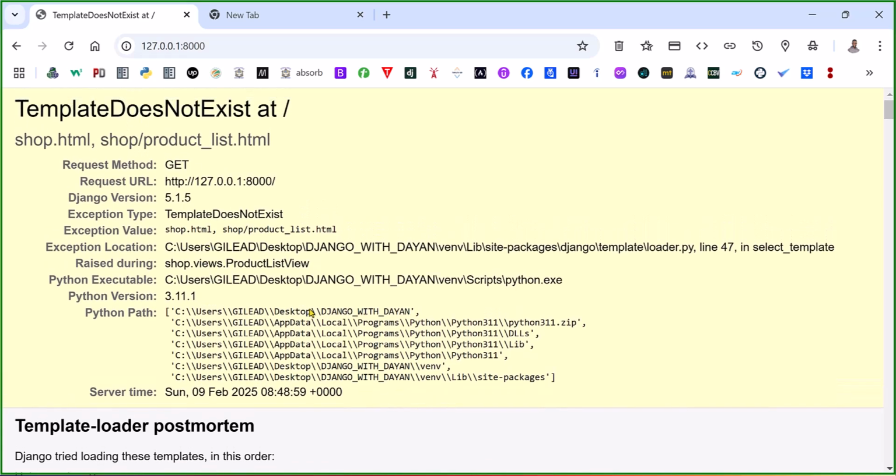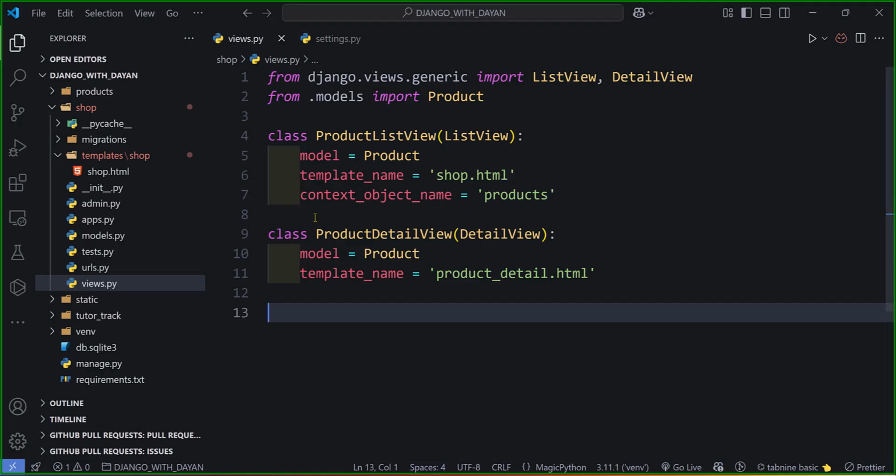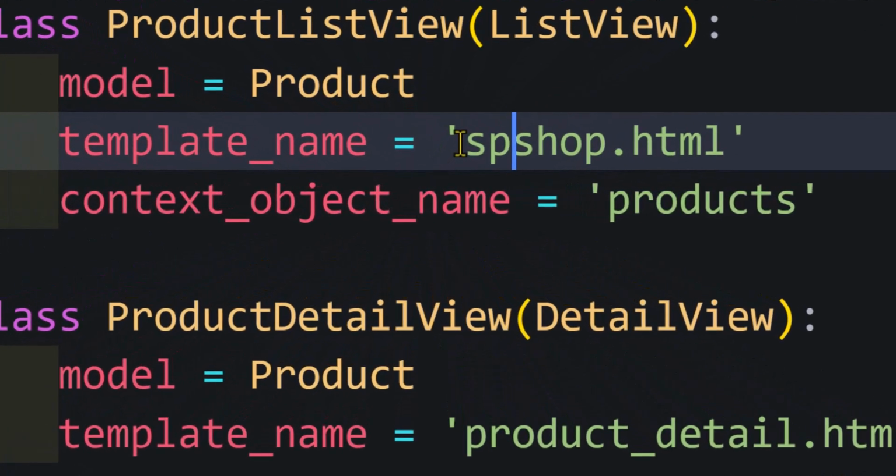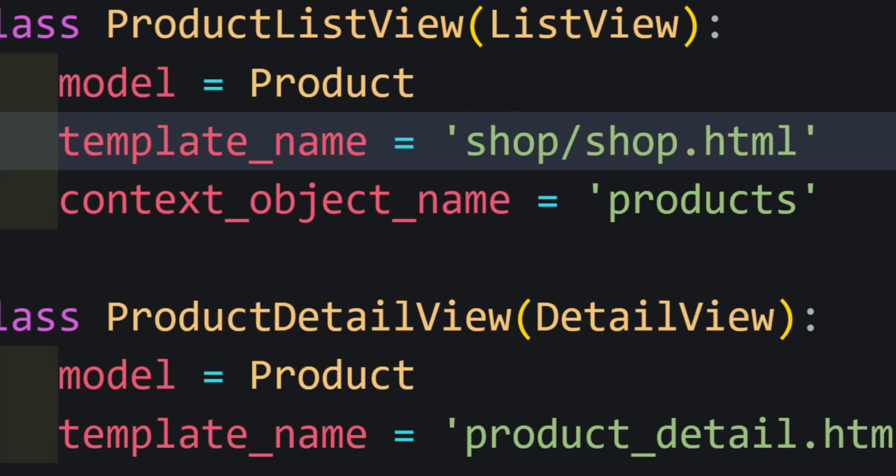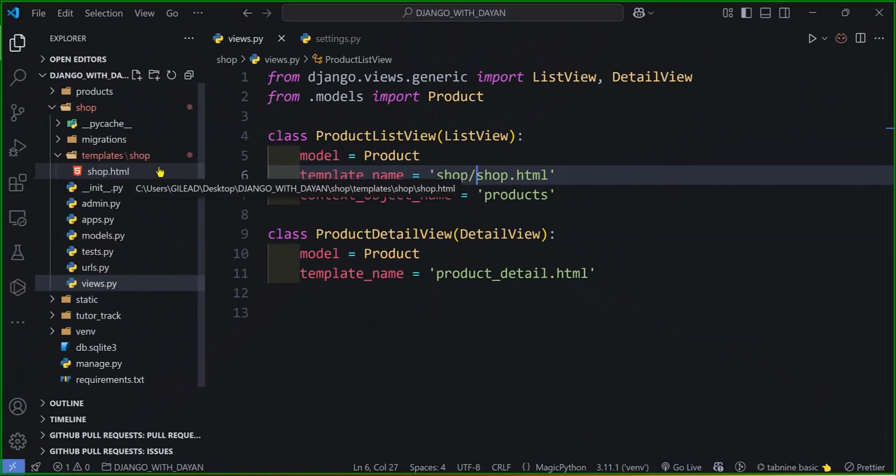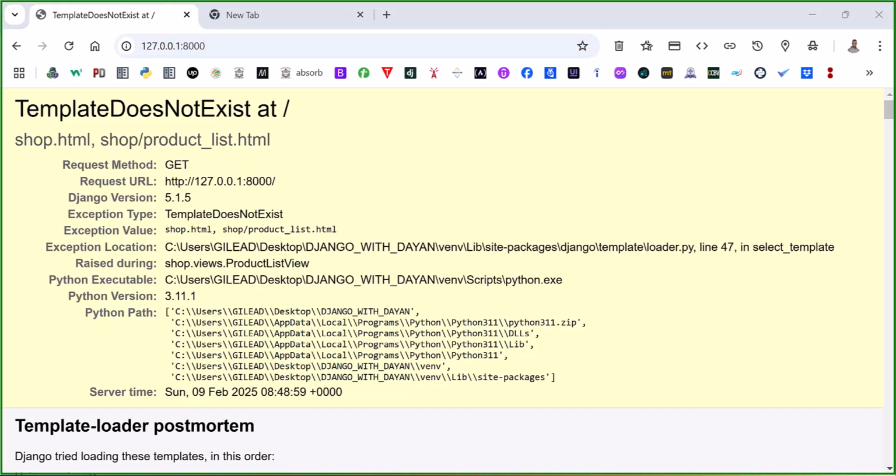SOAP product template is not found. I need to correct that. It should be at SOAP, because my template is in the SOAP folder, and that should fix the problem. If I reload,